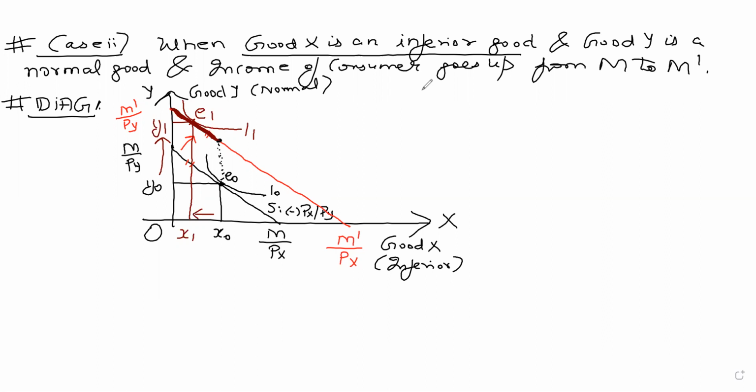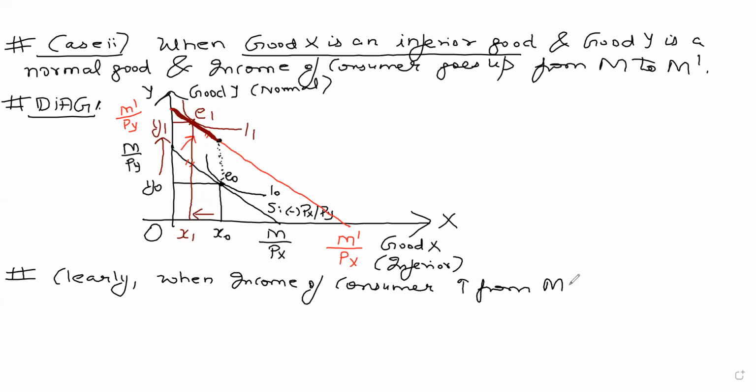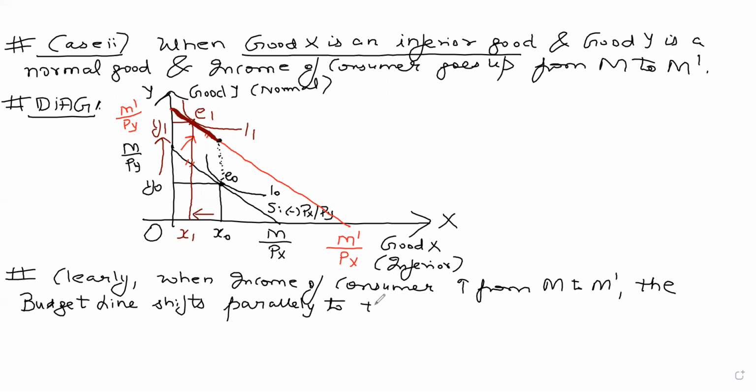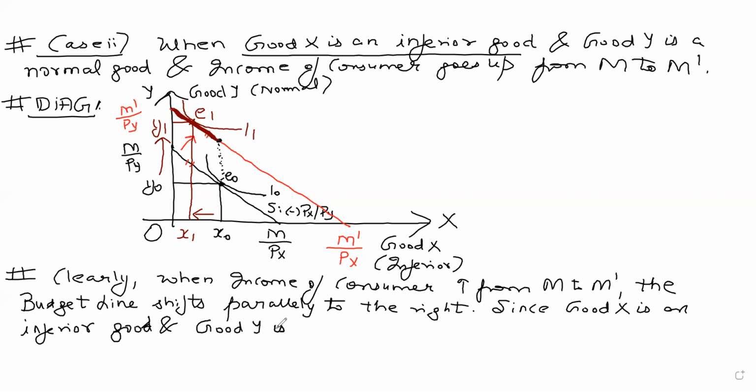So if I quickly write this in the form of a paragraph, clearly, when the income of the consumer goes up, when the income of the consumer increases from M to M dash, the budget line shifts parallelly to the right, since good X is an inferior good and good Y is a normal good,